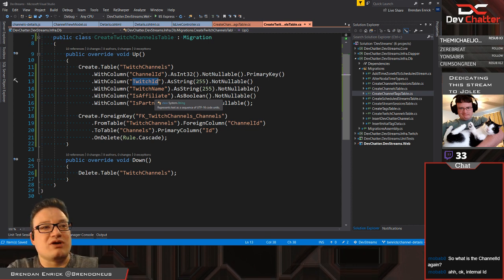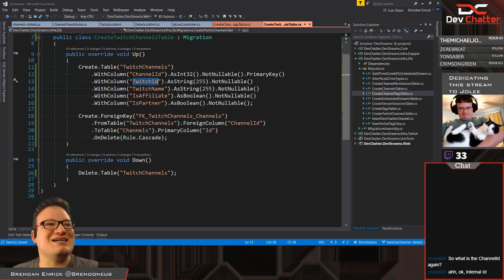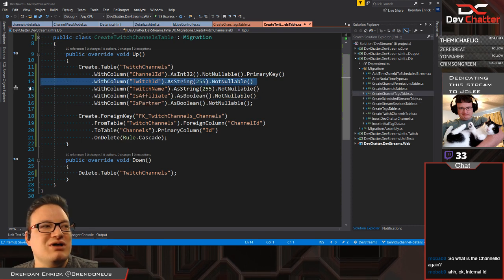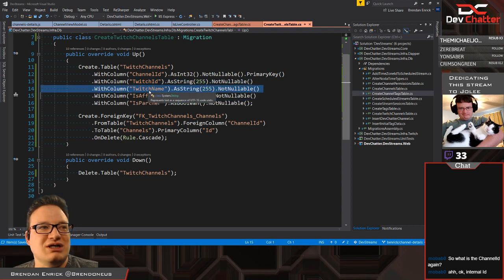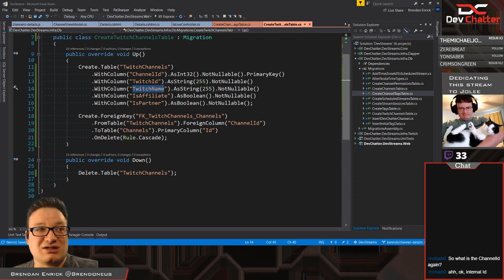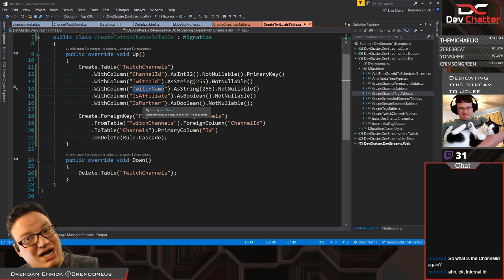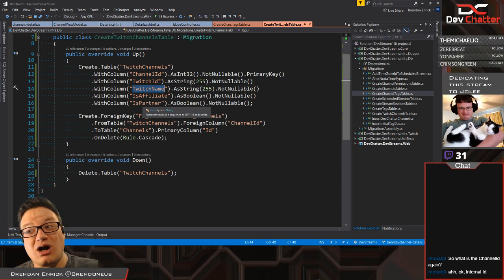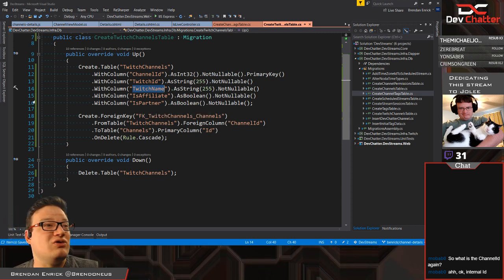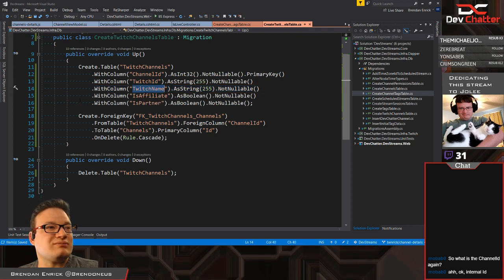So that is an important value. That's actually, when we call the Twitch API, this is what we use. When we display a Twitch URL, we're going to use the Twitch name to figure out what it is. Which actually might let us get rid of the URL field that we have on the channel, because we can calculate it based on having a Twitch name.